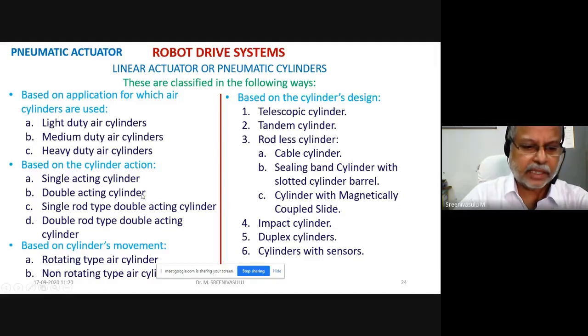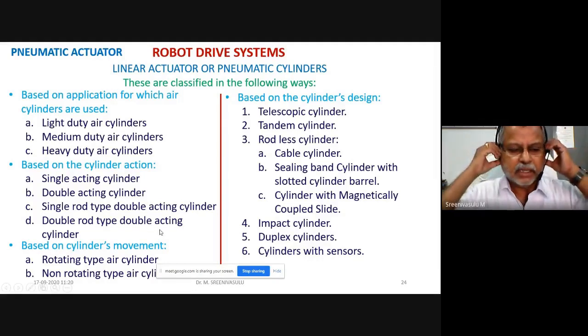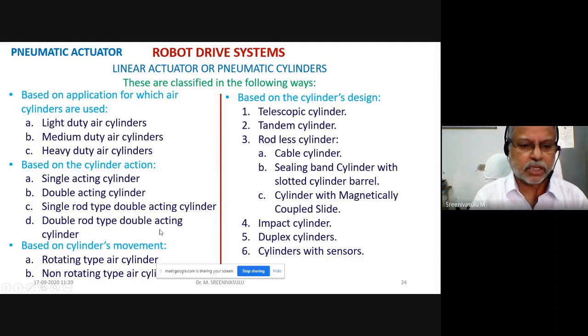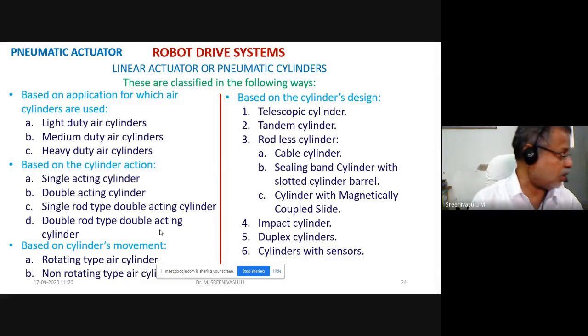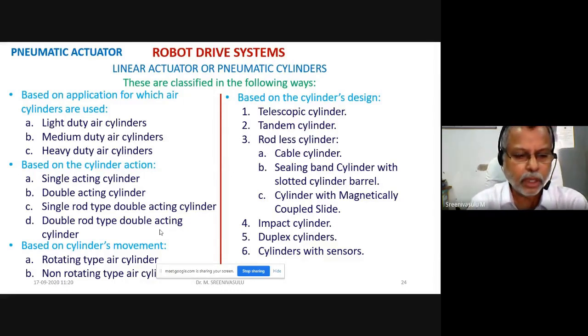Acting, double acting, and under double acting, you have a single rod being attached to the shaft. Double rod, in the sense that two shafts are going to be attached to that particular shaft. That is how things are. So in the single acting case, what happens is one side of the piston only is being